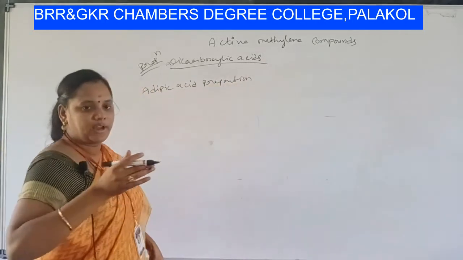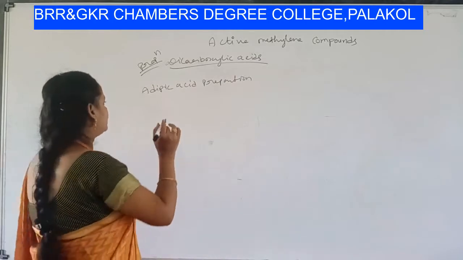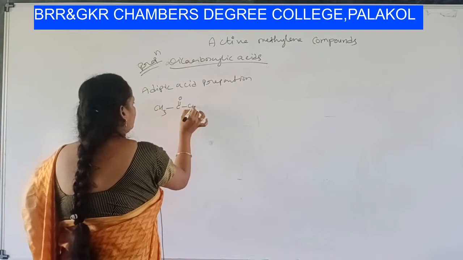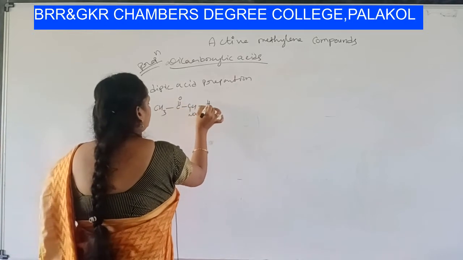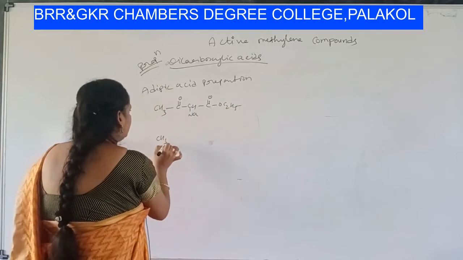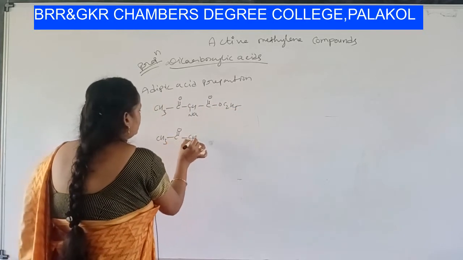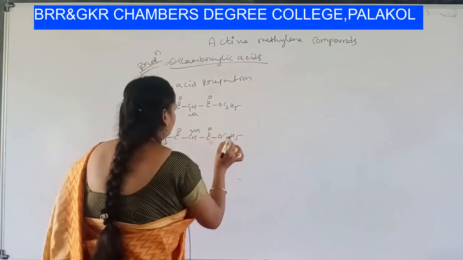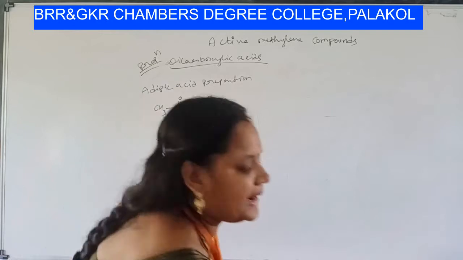For this also we have to take sodium salts of ethyl acetoacetate. I'll write it small. So CH3, C double bond O, CHNa, C double bond O, OC2H5. Here also CH3, C double bond O, CHNa, C double bond O, OC2H5. Okay, for this we are adding